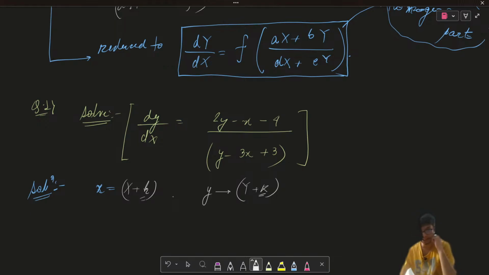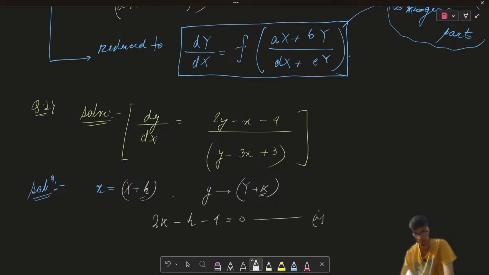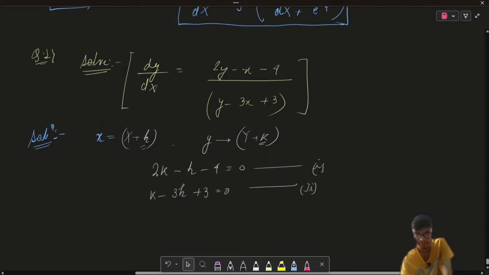Over here, if I put the modified constants equal to 0, the first equation is 2k minus h minus 4 equals 0. And my second equation will be k minus 3h plus 3 equals 0. So that is my second equation, right? If I solve these two equations,